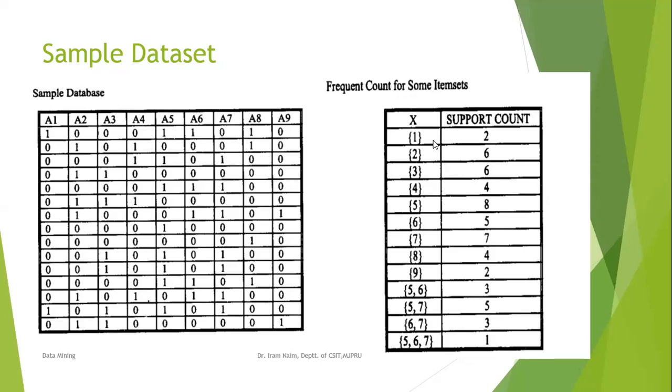Okay, so similarly we take all the combinations and we count the support. So these are the only item sets which are frequent in nature, and जो support count है वो आपका defined support count है, that is 1, ठीक है। Those whose value is greater than 1 are said to be a frequent item set. जो threshold value set है इसमें वो है 1। तो अगर 2 भी support count value है तो it is greater than or equal to 1, so we consider it as a frequent item set. Clear है इतना सबको? तो यहाँ we are scanning the complete database and we are counting the support value.